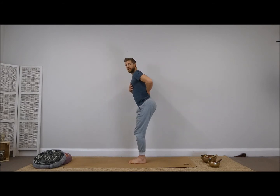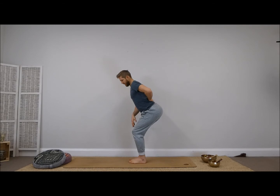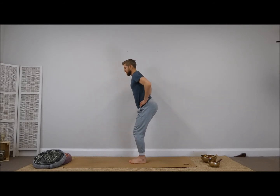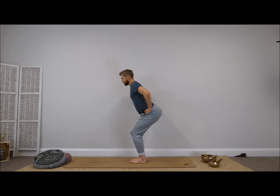And you can see there I've got a nice flat back, and my knees aren't protruding over my toes. So this is the lower limb position. I'm pinning those knees in together. I'm using my glutes as I'm sitting back into it rather than using the knees and coming forwards, which is a very common mistake. Come down into that position, push the bum back, hands come together,